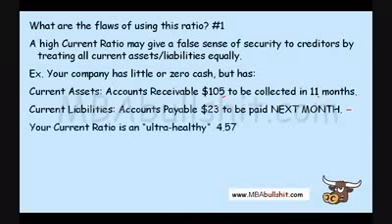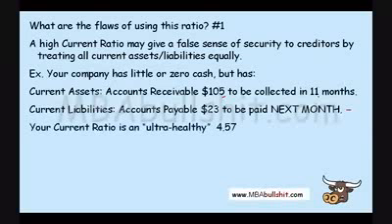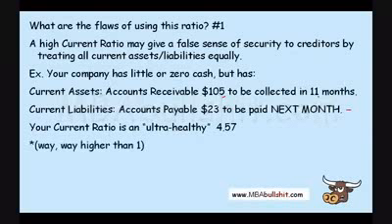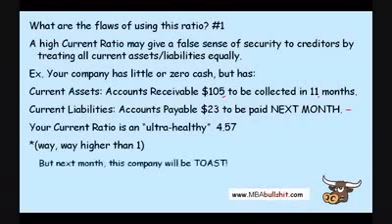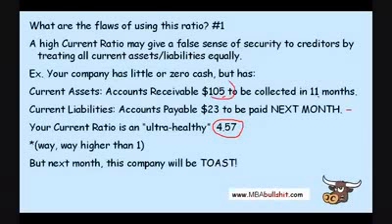Okay? Well, if you try to find the current ratio, you'll find that your current ratio is an ultra healthy 4.57. It's way higher than the threshold of 1. So this indicates that your company is very healthy. But actually, as you can see, next month this company will be toast. Why? Well, you have a very high current ratio because you have more than enough current assets to pay for your current liabilities. But